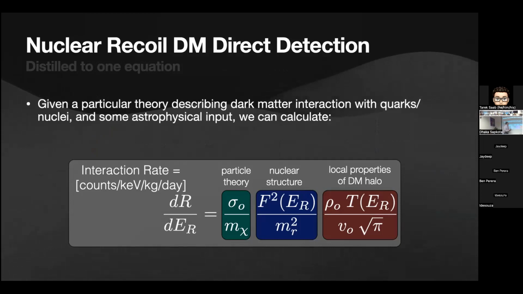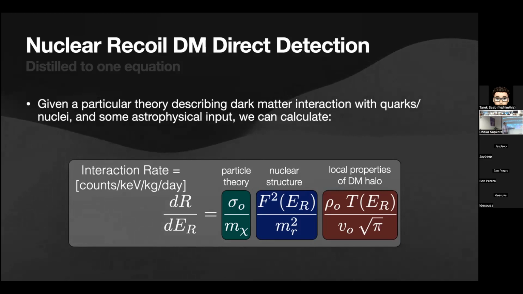There's nothing magical about it, but it's interesting to look at because it brings in three elements that we're trying to understand. One is it brings in an element from particle theory. So again, you have to go to a model and say, okay, what do I think the dark matter particle could be like? What is the type of interaction? And that predicts a certain cross-section, or a cross-section that scales with some parameter in your theory, and a mass range that you're searching for.